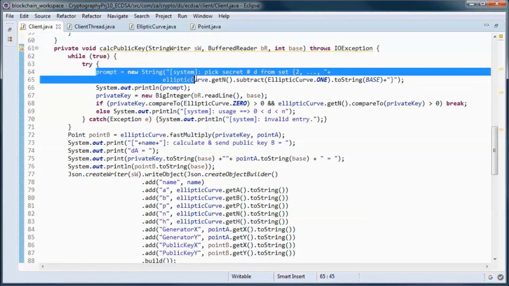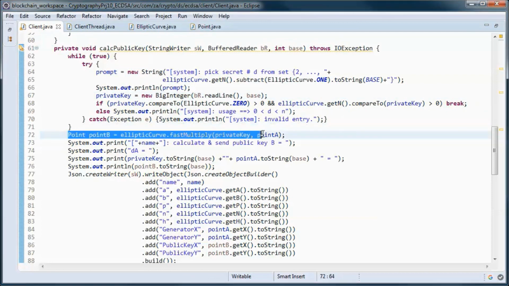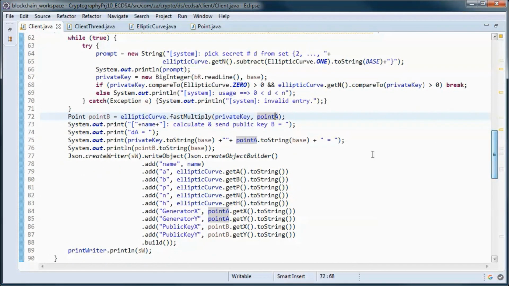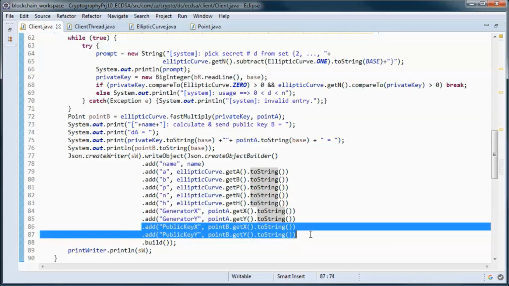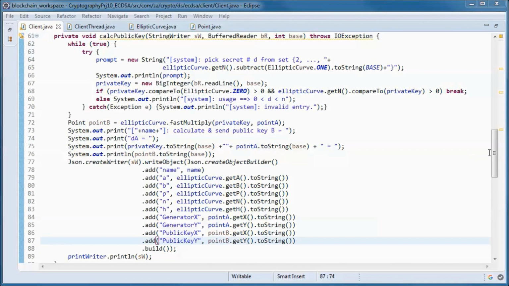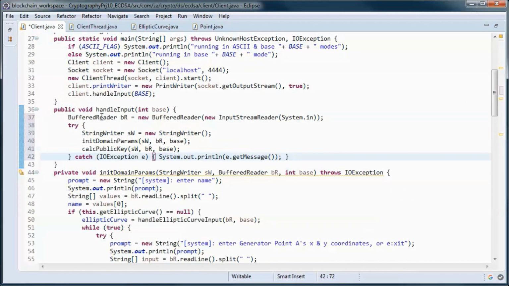So we first pick up the private key for this user, and we use it to calculate the public key starting from the generator point, and we send the domain parameters and the public key in a JSON object, and we call the init domain parameters and the calculate public key from this method.